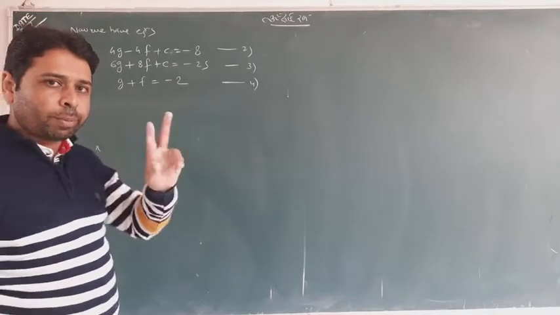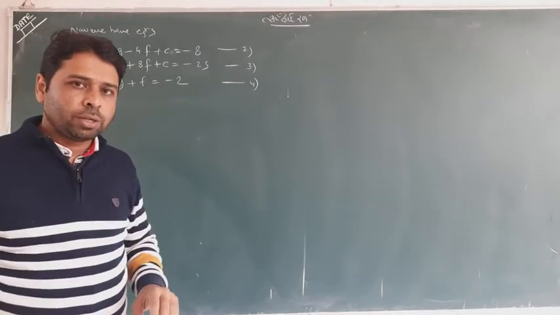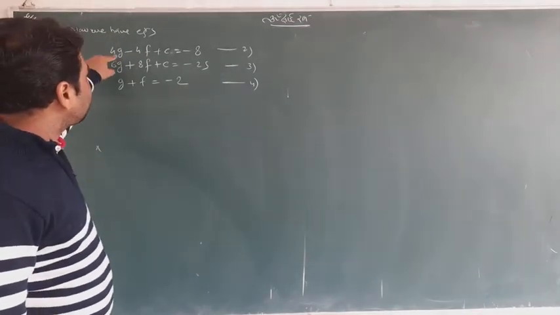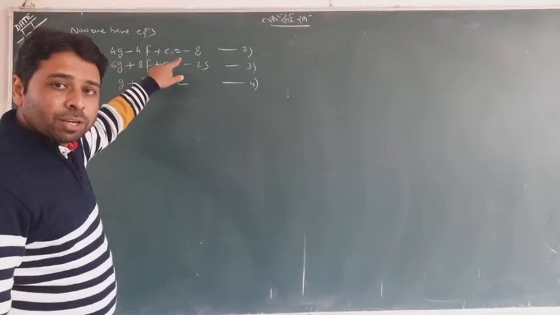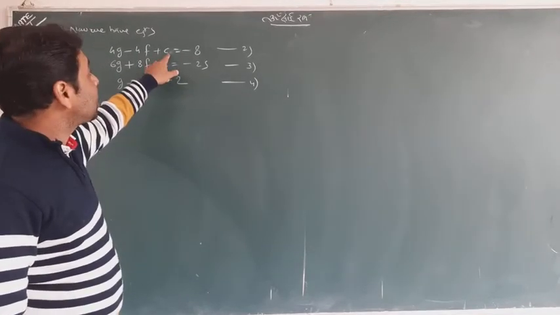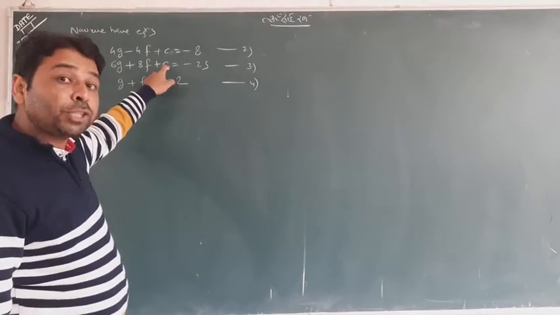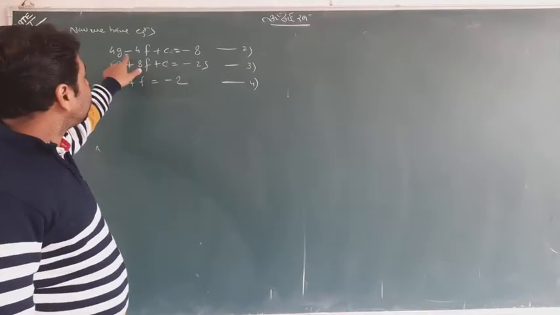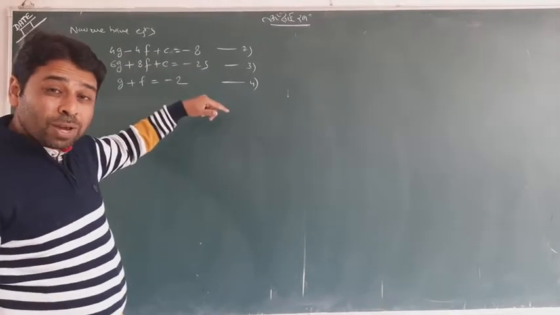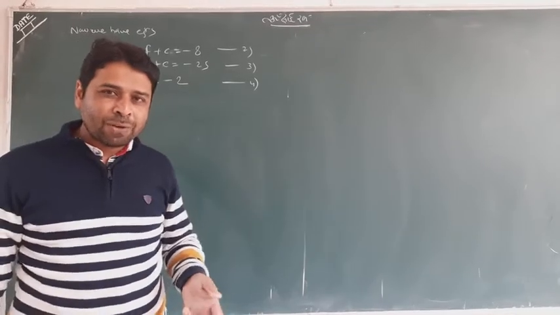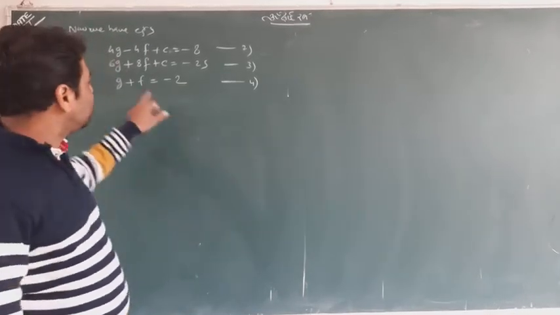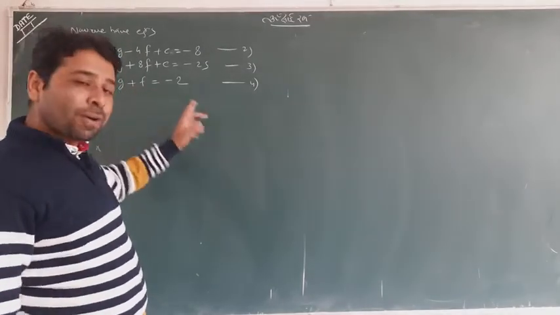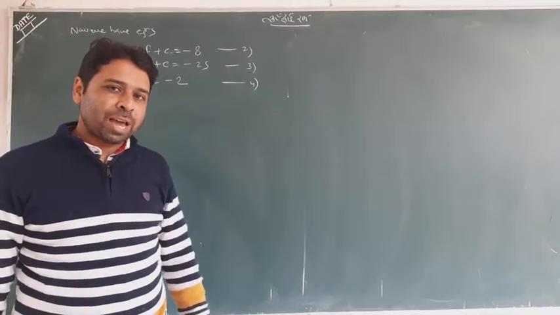G and F, it has 2 variables, so don't touch it. This is important for us. But if you focus on these 2, we have G, F, C, where C simply cancels. I definitely wish to cancel C so that I get an equation in G and F. When I have the equation in G and F, I will treat it with this equation and I will get G and F, because this is in G and F already, in 2 variables.